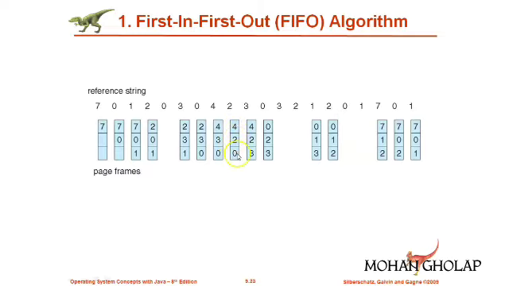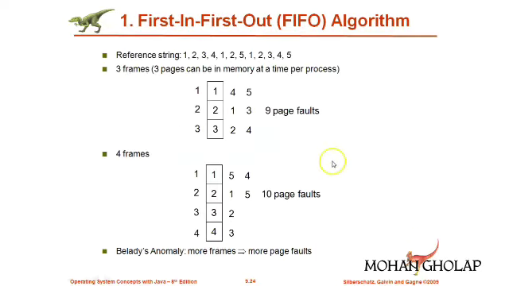After this, the next request is for 3. Again out of this 4, 2, 0, the 0 was inserted before 4 and 2, so the 0 is replaced by 3, and so on. In this way, the first in first out algorithm works. Next we'll see how exactly it is going to create the page faults.